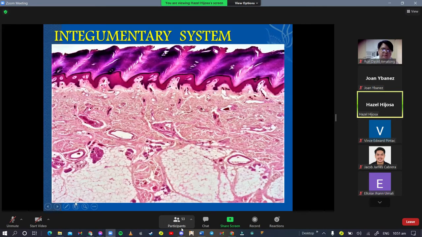The skin is composed of two main layers. The superficial, outer layer is the epidermis, which is derived from the ectoderm. Then the deeper second layer is known as the dermis, which arises from the mesoderm. Beneath the dermis is a layer which contains a large amount of adipose tissue, the panniculus adiposus, and you call this layer as